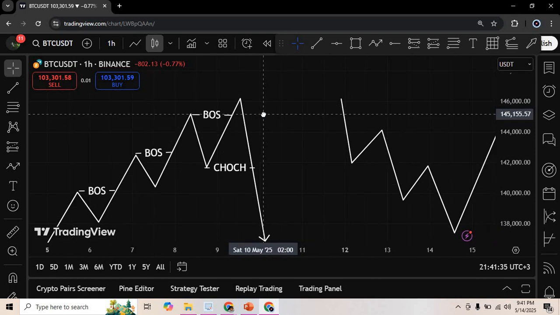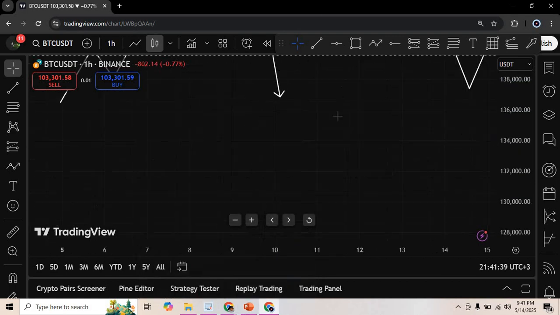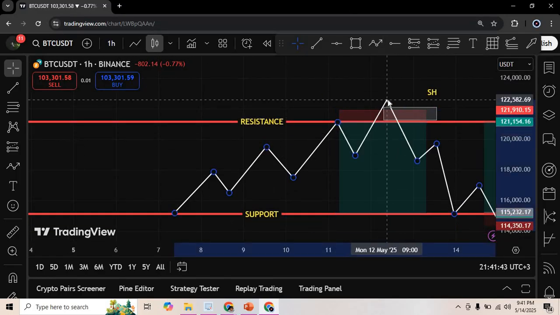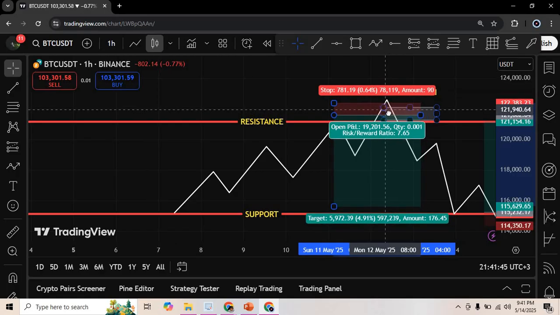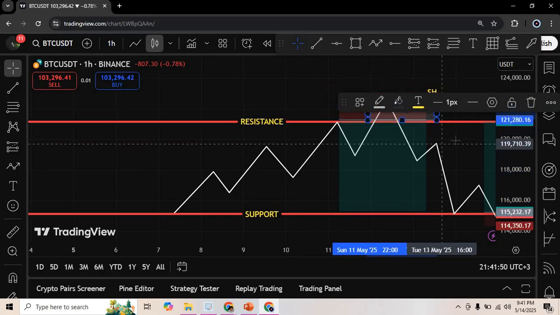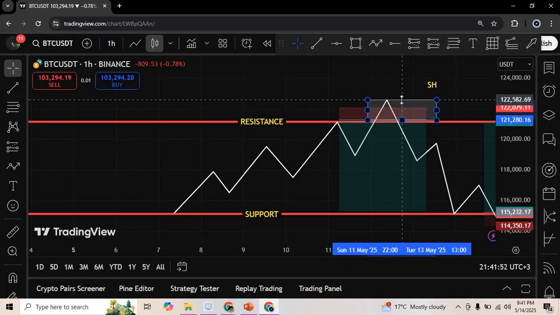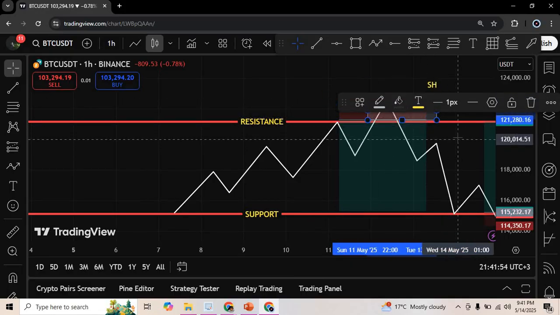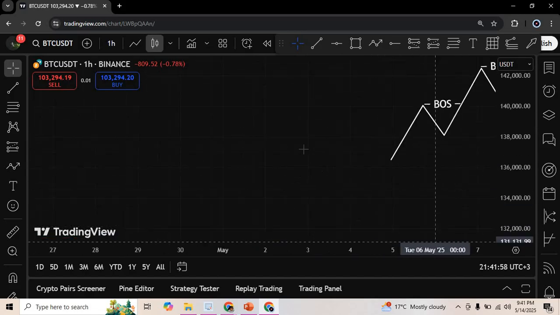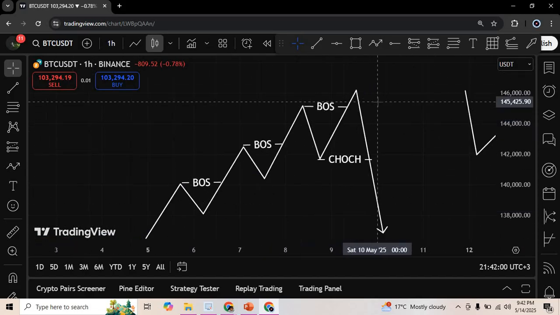Let's look for the stop hunt in this scenario. This part right here, if you've seen how I've described a stop hunt, it was like this. And this part right here is what we described as a stop hunt. This one that I highlighted is the direction. So if I come to this picture, I'll explain how a stop hunt occurs in that scenario. If I come to this part right here, you can easily spot the stop hunt.